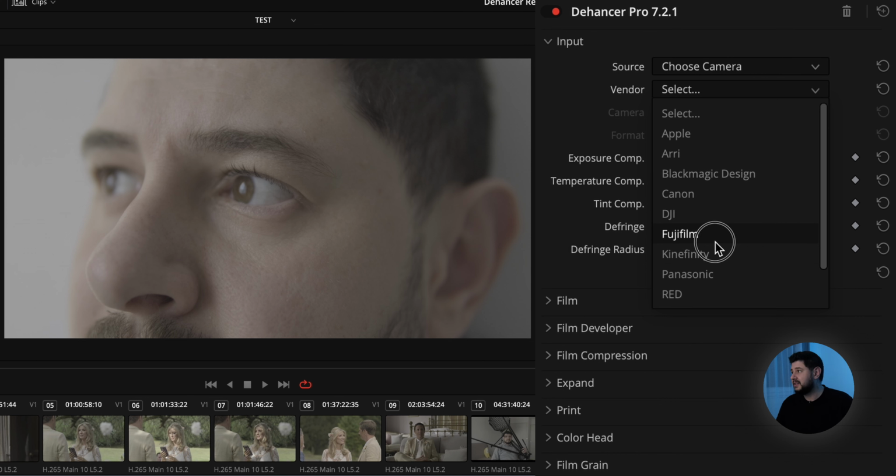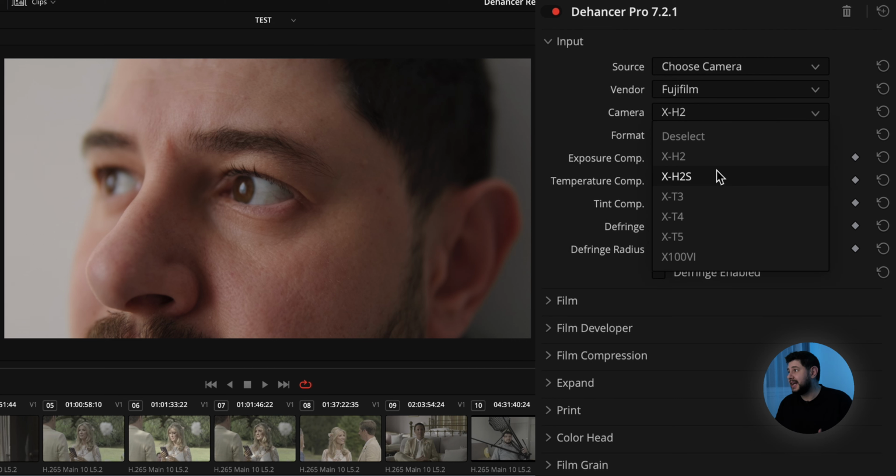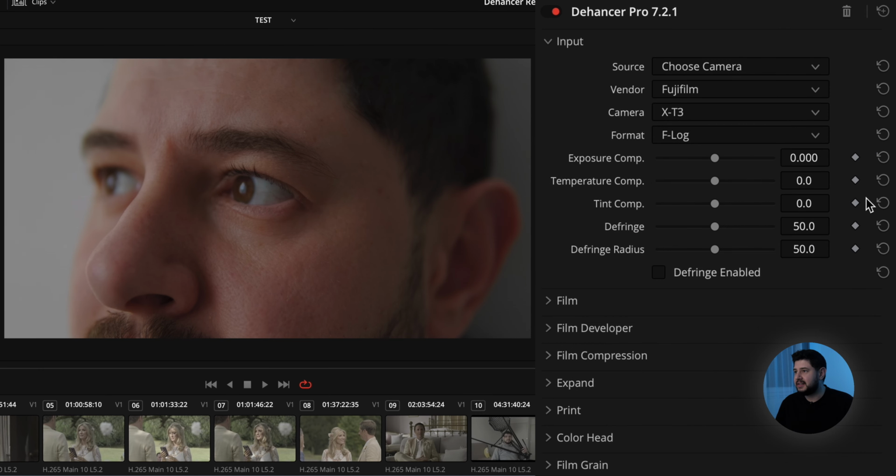So I'm very happy about it. And not only that they have Fujifilm, but they have even the X-T3, which is quite old camera nowadays. So this is amazing. So here is something interesting that I found, and that is that if I use it this way, which means I have every tool disabled, and I just choose my camera,